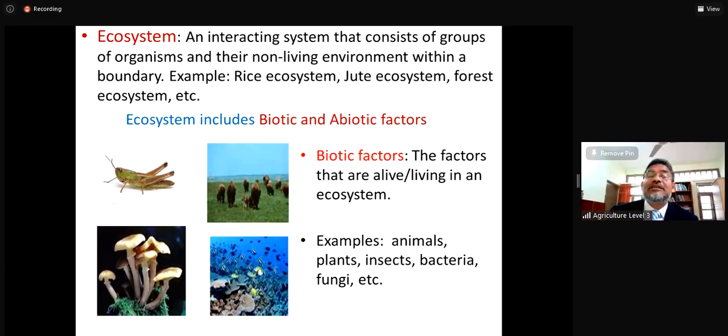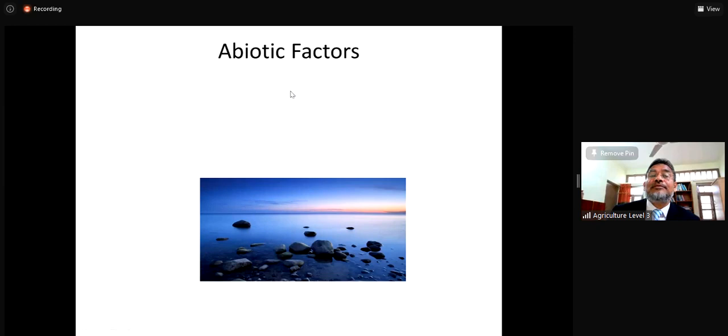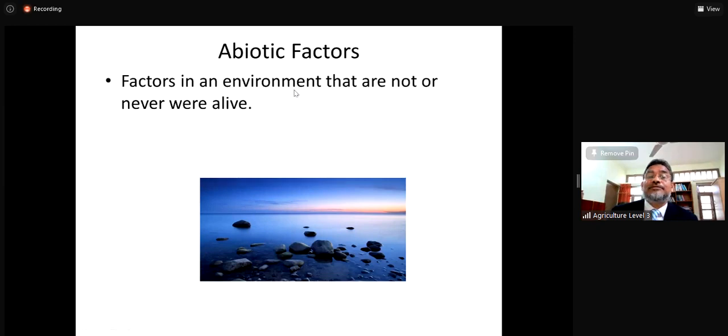তো আমি আগে বলেছিলাম যে ওই যে brown plant hopper you will not find in the jute ecosystem, forest ecosystem. That is the interactions it is just doing only in the rice area. So non-living environment within the boundary, only the rice. Now come to the